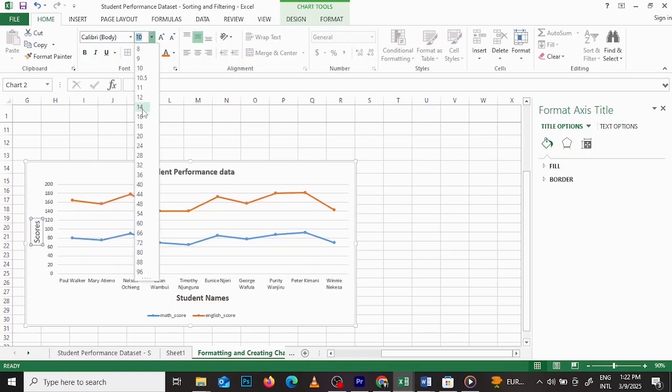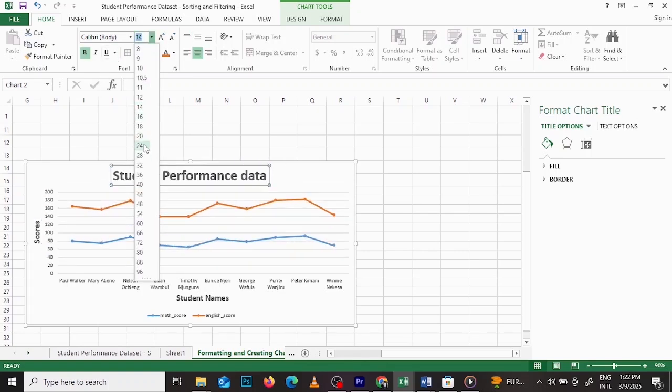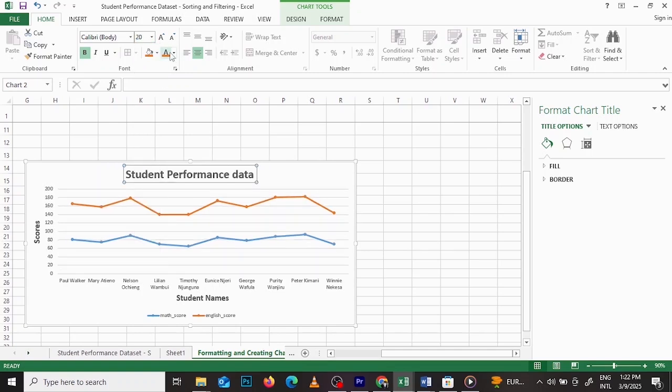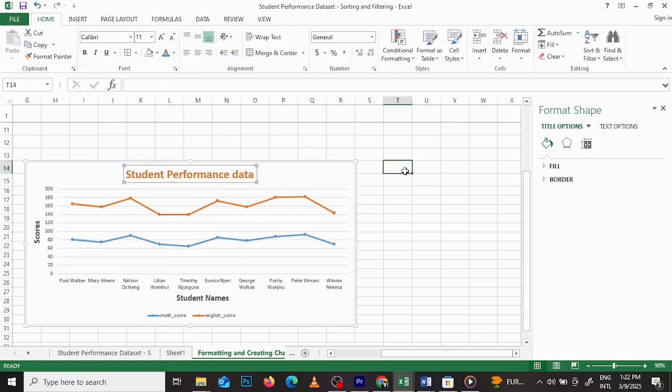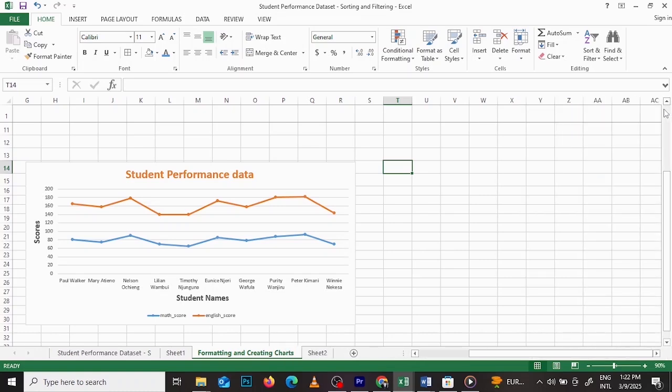Okay, to be bold. This one also increases size. This to be 20. Yeah, that was simple. You can also have a pie chart of this